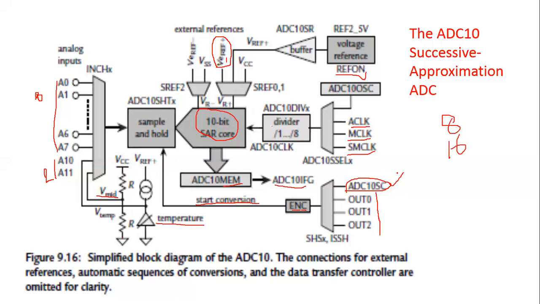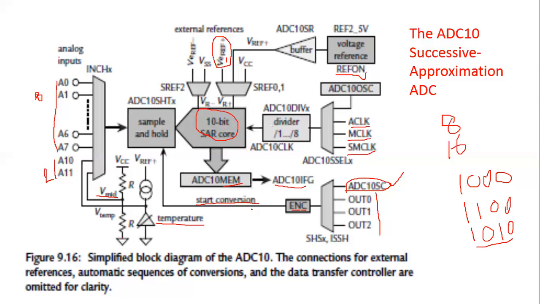If the V input is more, the MSB will be made 1 and the remaining bits will be 0. Since V input is more, you keep it as it is. The next bit will be made 1 and the remaining bits 0. If the input is less, that 1 will be converted to 0, and the next bit will be made 1 and the following bit 0. Like that you have to compare all the bits. Once all the bits are over, only then the data will be stored into memory.